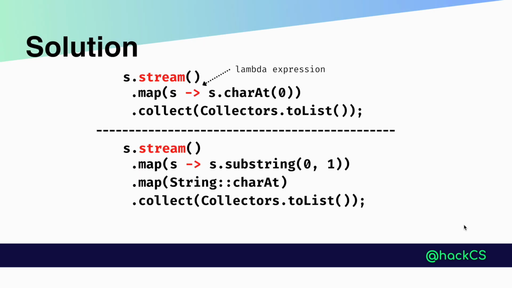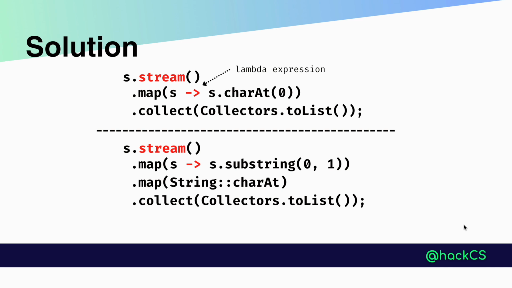We can do this question in two ways. In both ways, we are using the stream API on our list of string objects. In the first solution, we are passing map and using a lambda expression. We are using a string method called charAt. This charAt is reading the value from index 0,